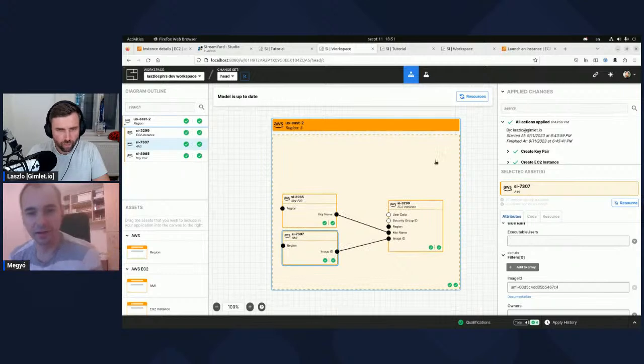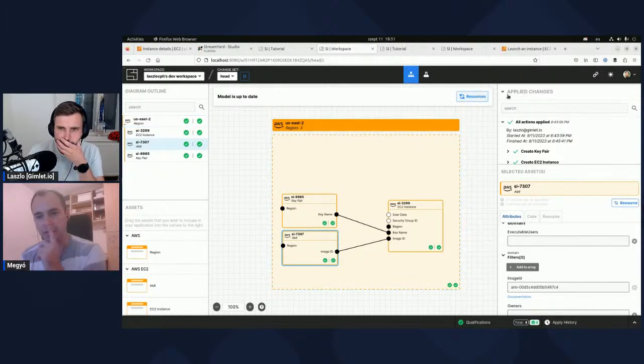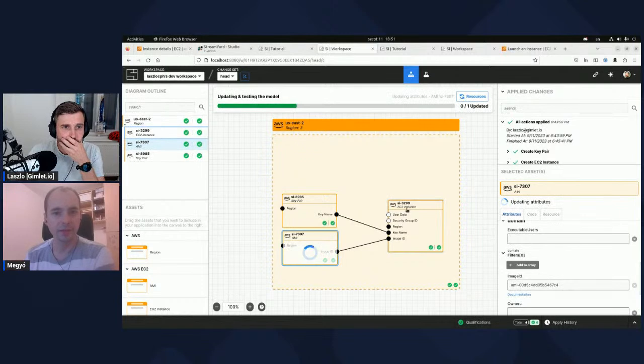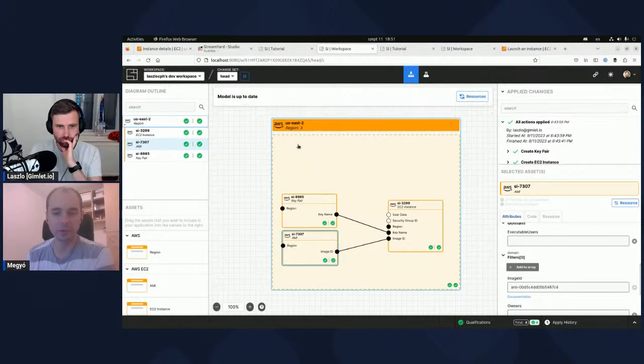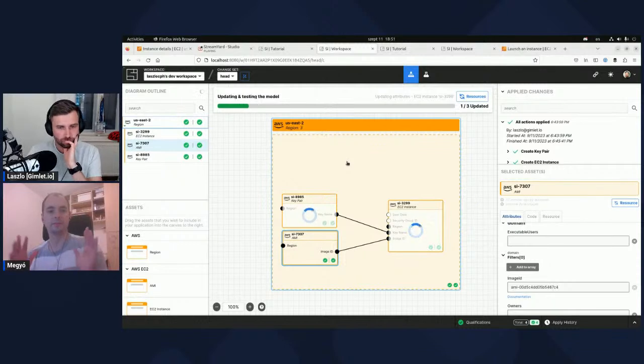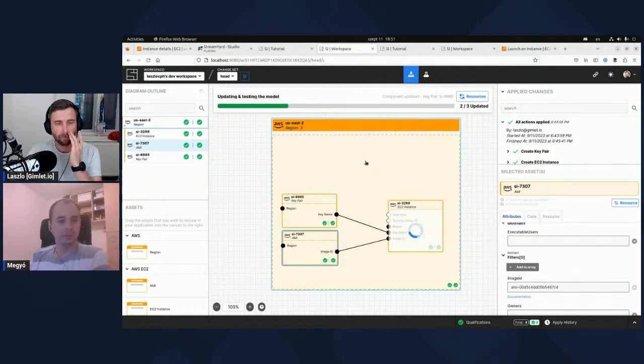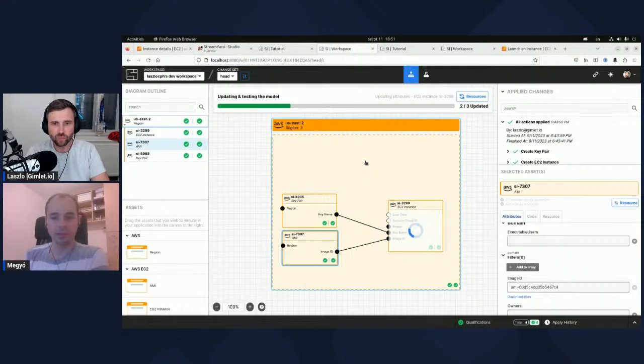And what if you click on the EC2 instance? Because what I learned is that theoretically you should see that discrepancy between your model and the live state, right? Because you changed the image ID, but that instance has the old image ID. I remember pushing the refresh button a couple of times and nothing happened, and then suddenly it kicked off this update. So I guess it realized that, oh crap, I need to do something.